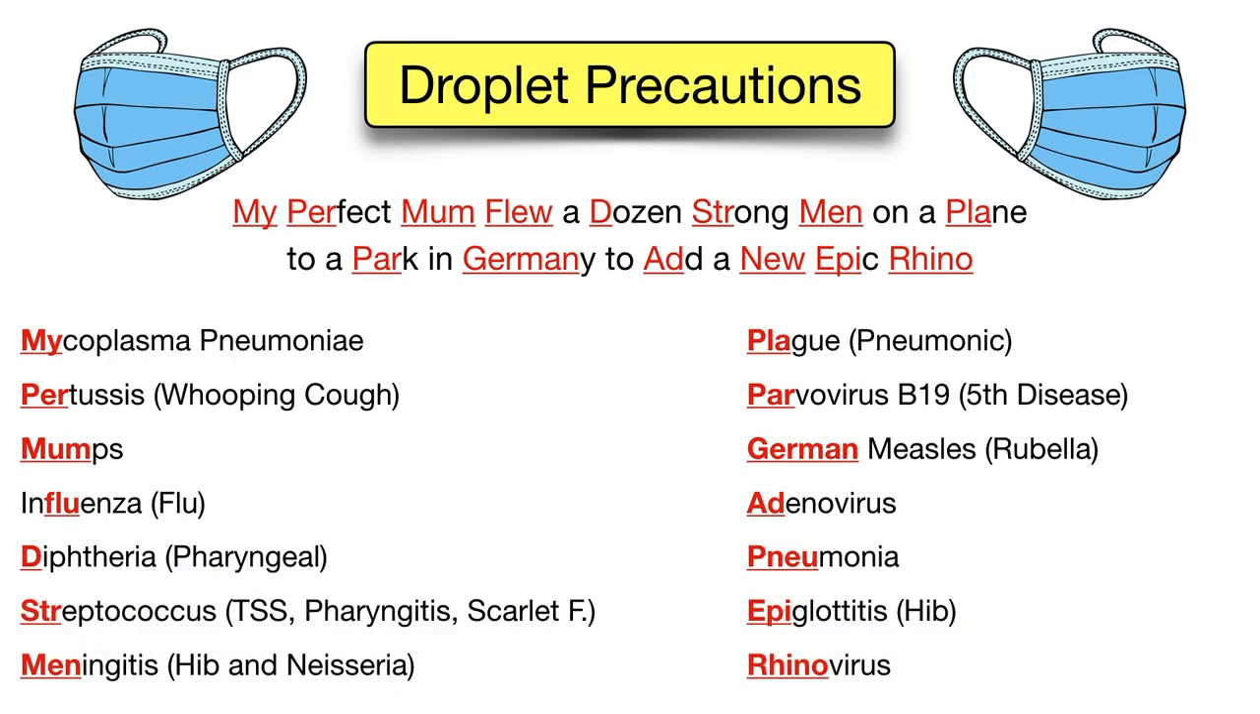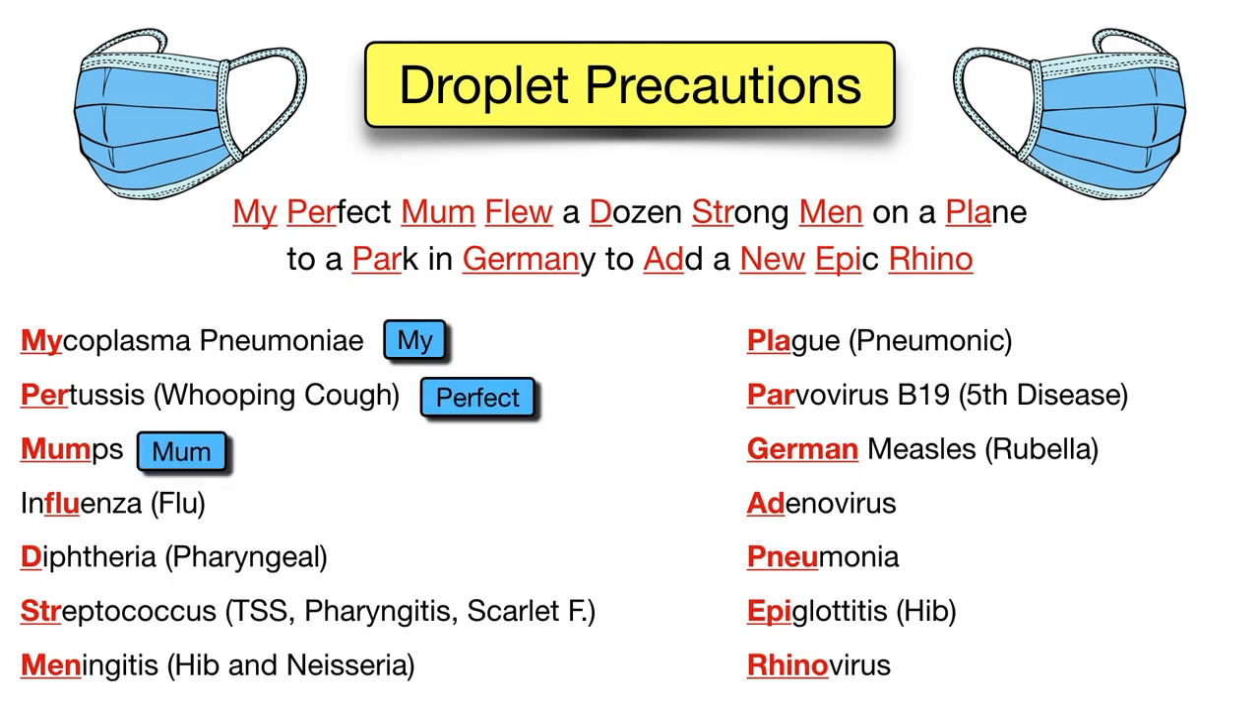But given the long list of complicated diseases and names, this is the best I could come up with, and I think it's actually pretty good. Remembering this mnemonic is way easier than trying to remember all those diseases. Let's walk through it. You'll use the my to remember mycoplasma, the PER in perfect to remember pertussis, mum to